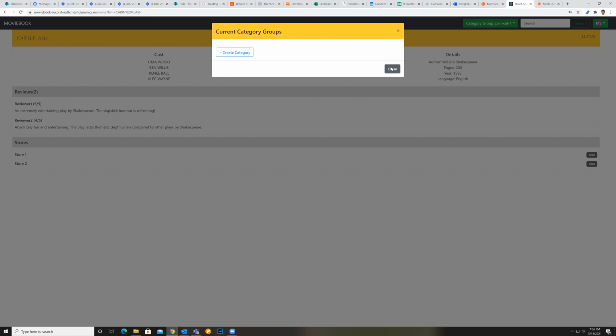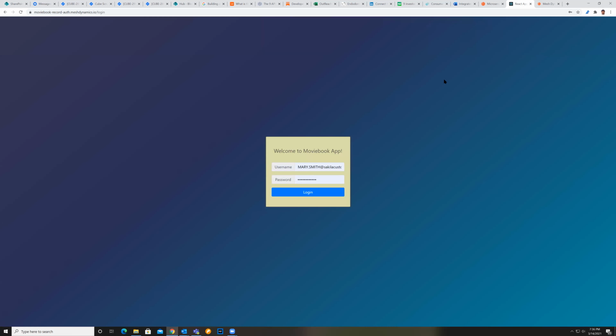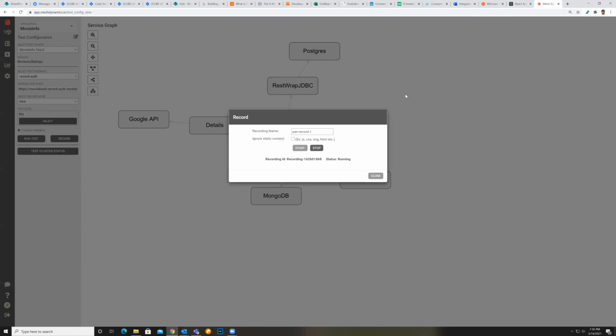Done. So I'm going to close it. The last thing I'm going to do is log out. Okay, so those are the interactions I wanted to do, and now I'm going to stop the recording. So if we just go with that, the user flows that we exercised there: I logged into the application,